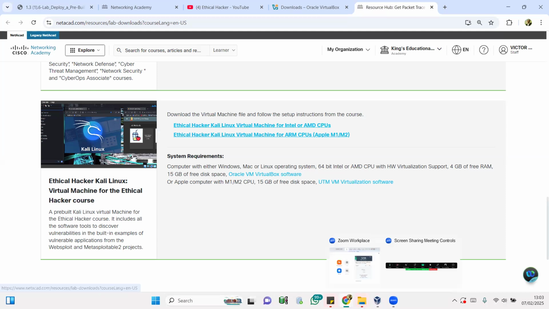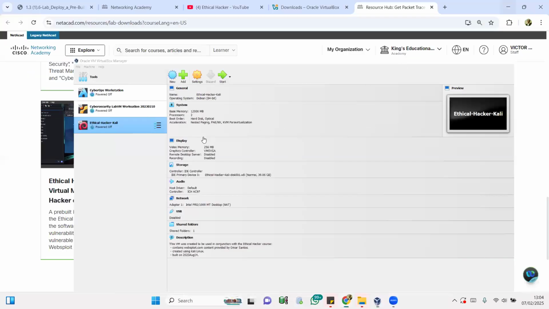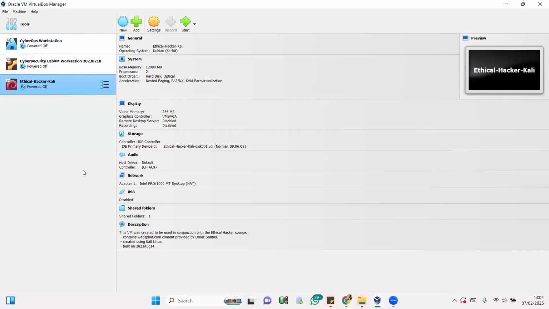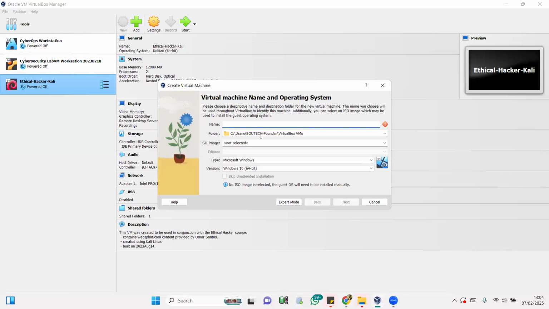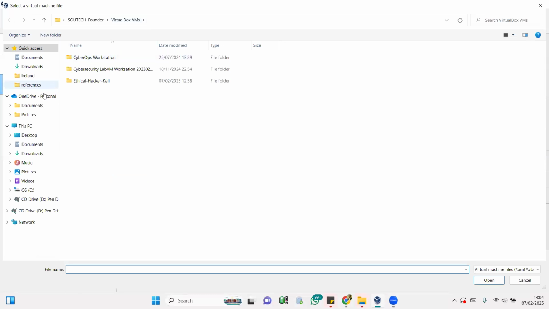Once you have it, you come to this environment and you can import, and it's going to complete. Let's assume I've downloaded this. It's roughly around 8 gig in size. If you download this, all you need to do after you've installed Oracle VirtualBox is say new. This is one way to do it, or you can just say you want to add. If you say you want to add, all you need to do is